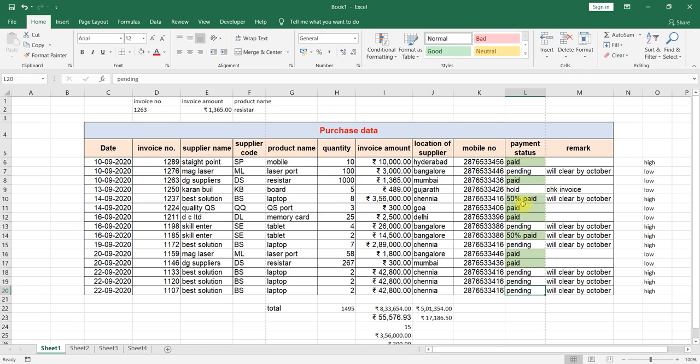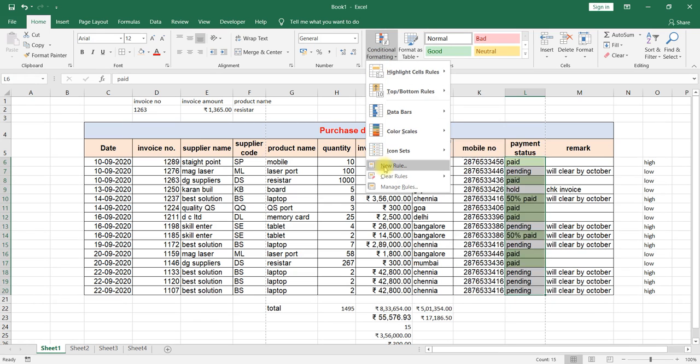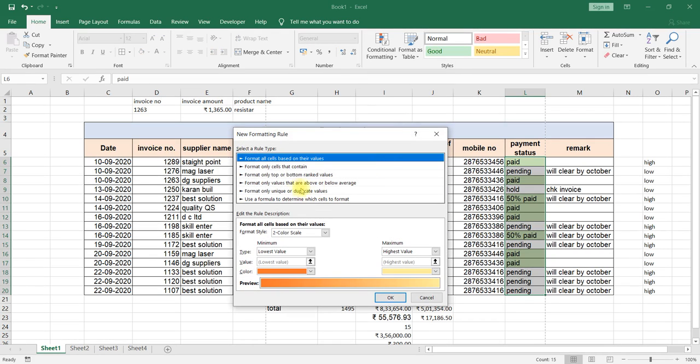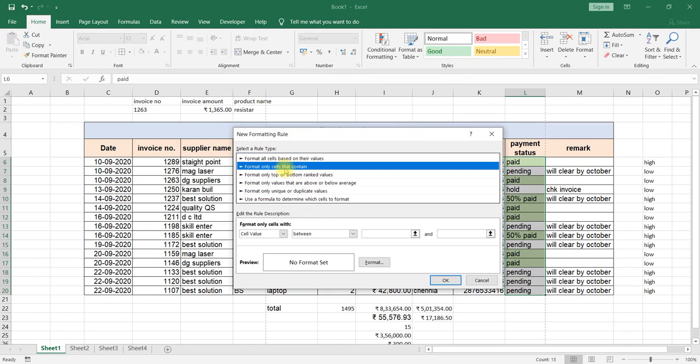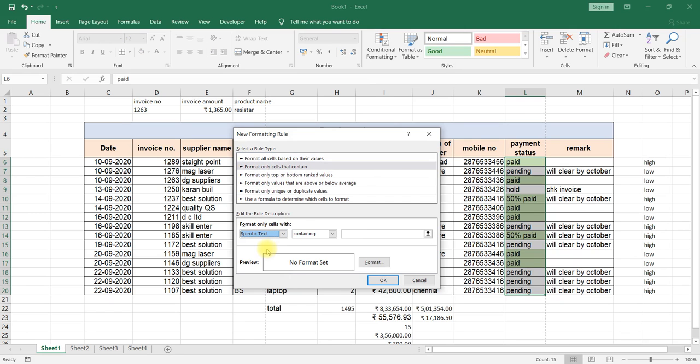Like this we can apply red for pending. We select conditional formatting, new rule, the second option, not a value, text containing pending.